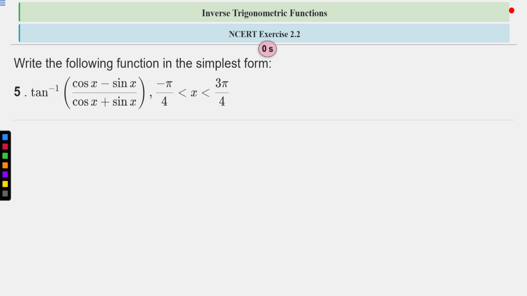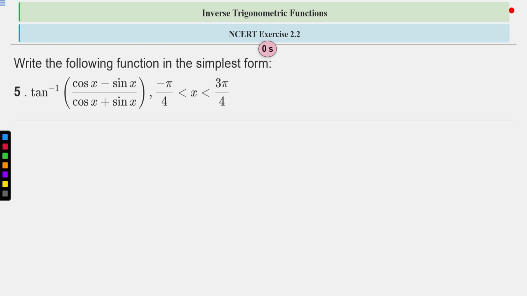Okay, so let us move to the solution part. Before that, I'm giving a hint. See, it is tan inverse of something, right? So you need to convert the term inside tan inverse in terms of tan x, right? So how can you convert the term inside into tan x? You can divide it by cos x, right? So you will get 1 minus tan x upon 1 plus tan x, right? 1 minus tan x upon 1 plus tan x. And 1 minus tan x upon 1 plus tan x, you can convert into tan of pi by 4 minus x, like that, right?